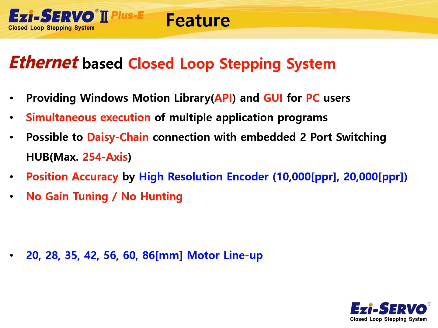Since the holding torque is large, there's no vibration after stopping compared to the AC servo. In general, with controlling a stepping motor, heat is a problem because the maximum current flows regardless of the load. But since it controls the current according to the load like an AC servo, it can relatively suppress heat generation compared to the existing stepping motor.